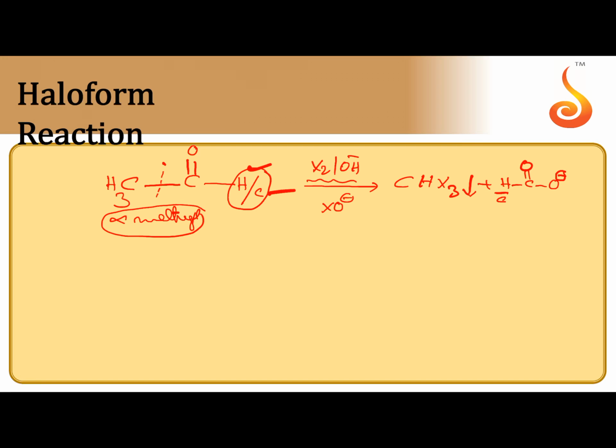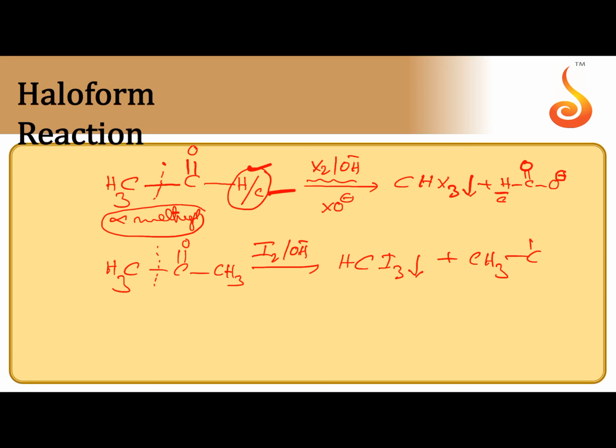So what type of aldehydes or ketones can give this test? Frequently they are asking this type of question. Alpha CH3, CH3 must be attached to carbonyl carbon. Suppose acetone, if you take, when it is reacted with iodine in the presence of sodium hydroxide, alpha CH3 will become iodoform, yellow colored precipitate. The other part, CH3CO part, will become carboxylate. If sodium hydroxide is used, sodium acetate is the other product. If it is subjected to acidification, we can get carboxylic acid, acetic acid.